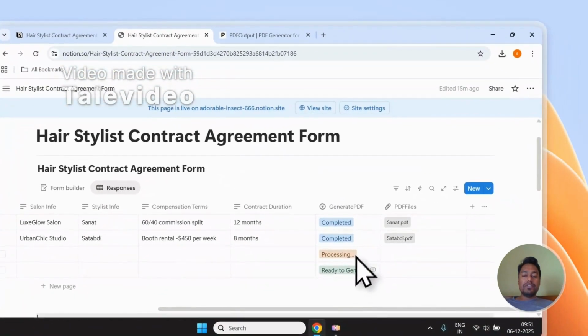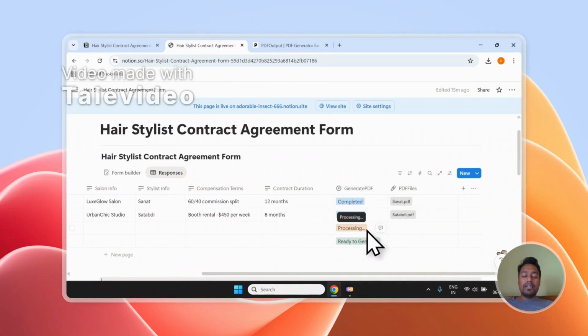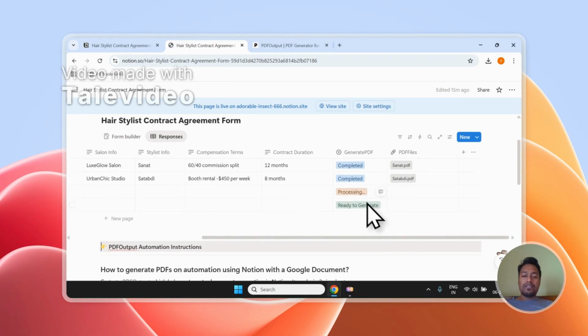That is it for the demonstration, and as you can see, it has currently started processing this document, and soon the PDF will be created and stored right inside this PDF file column as well. This is how it works live, and every document gets created directly inside the database once you set it to ready to generate, and the documents